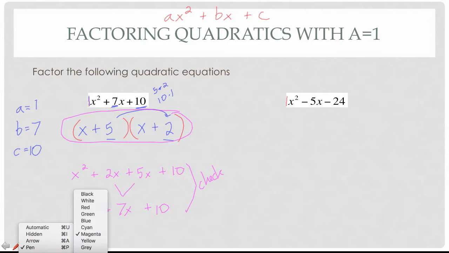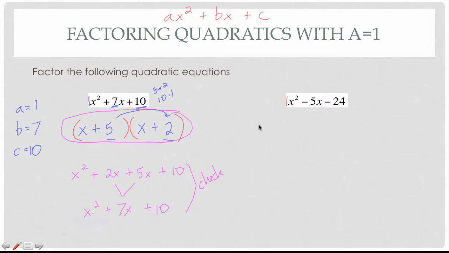Let's do another one, but let's go a little bit quicker through it. On this one over here, again, I've got a leading coefficient of 1. My value for b is a negative number this time, negative 5. And my value for c is negative 24. So I want to find two numbers that multiply to negative 24, but add to negative 5. It's a little bit trickier when you think about negative numbers, but my numbers are going to be negative 8 and positive 3. Negative 8 times 3 gives me negative 24,